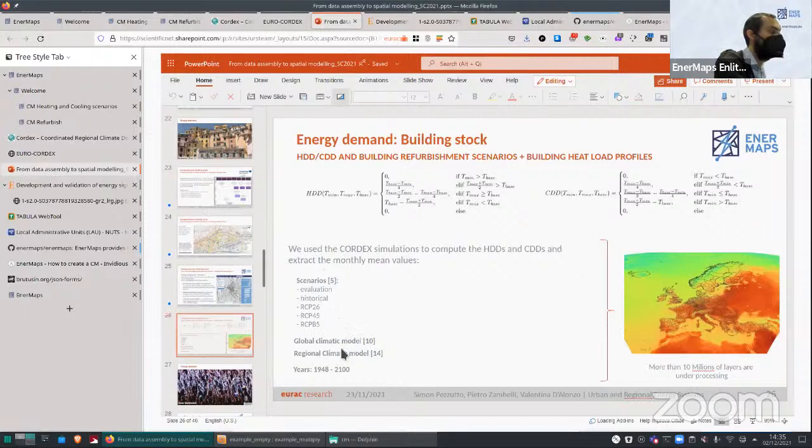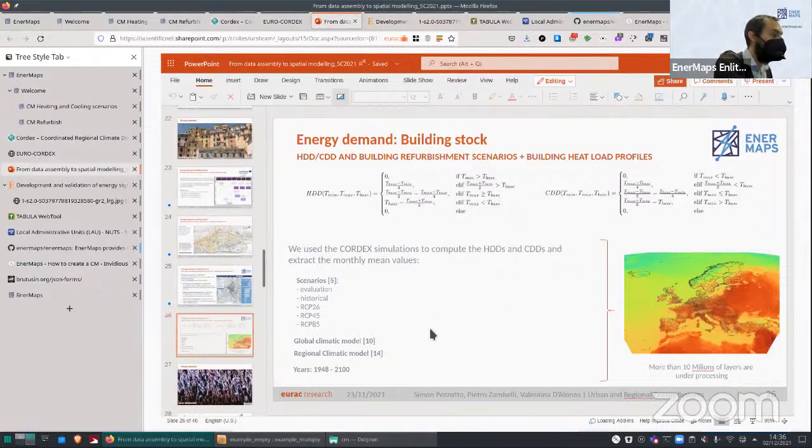We have 5 different conditions considered in the Cordex dataset, and more than 10 different global climatic models that are modeling the whole world climate condition. And then for the European area, we have 14 regional climate models that were used to downscale it to the European condition.